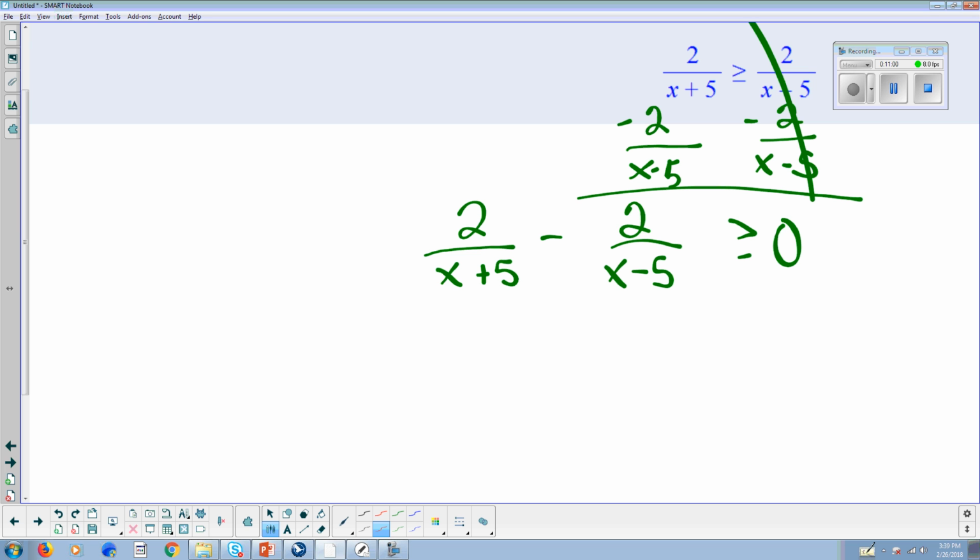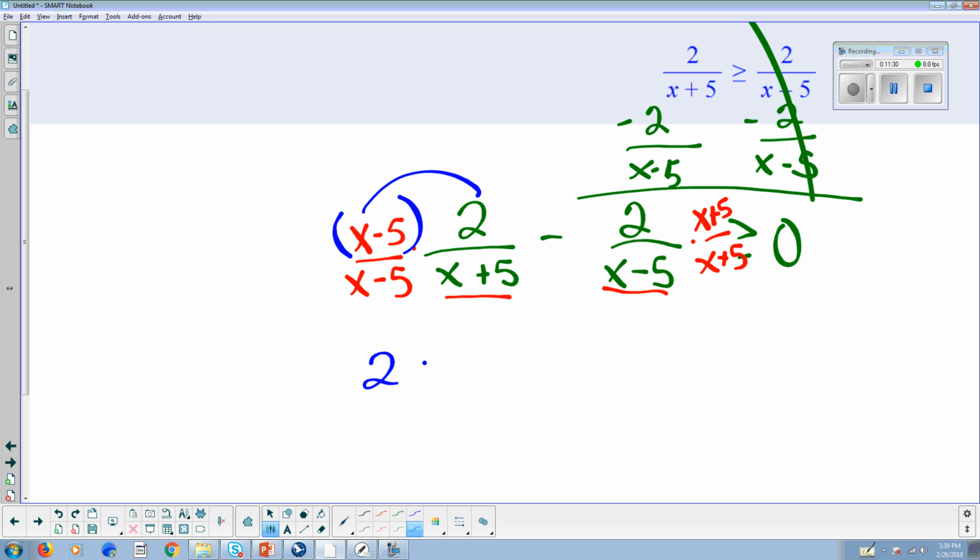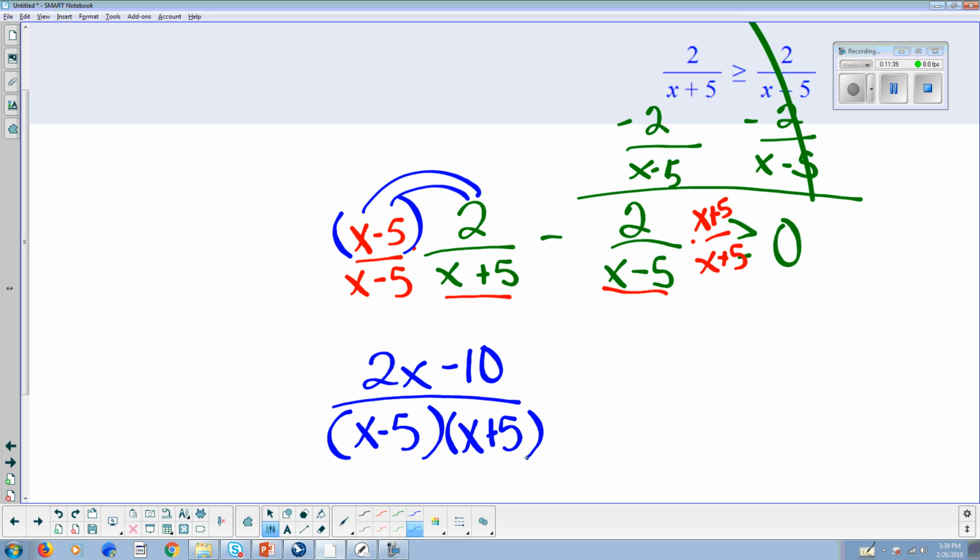So x plus 5 and x minus 5 are not a common denominator. So what I have to do is create common denominators using multiplication. So on the left fraction, I'm going to multiply by x minus 5 over x minus 5, which I get from here. And on the right fraction, I'm going to multiply by x plus 5 over x plus 5, which I get from here. So, distributing, 2 times x is 2x, 2 times -5 is -10, over the quantity x minus 5 times x plus 5. Subtracting,